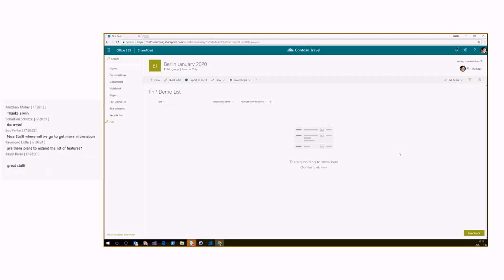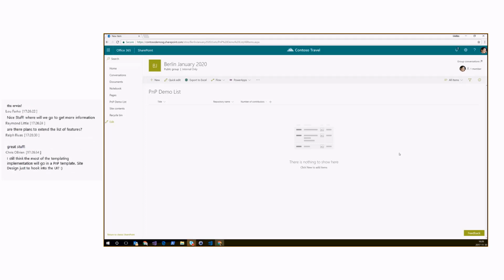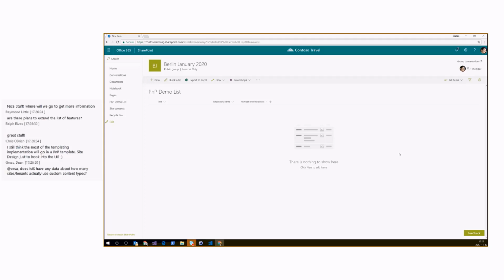The flow itself then adds the URL of a site which was just created to a storage queue, and the storage queue then activates an Azure function which then executes PnP provisioning as an example. So it sounds maybe complicated, but it's a relatively simple setup to do, and it's just a matter of doing those logistics, and then it's up to you what you need to do as part of the provisioning.